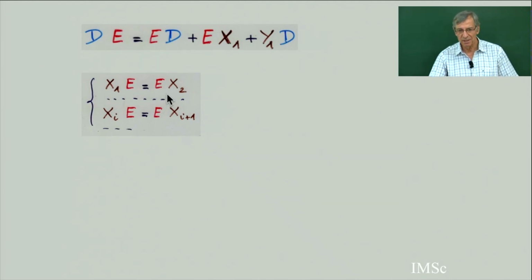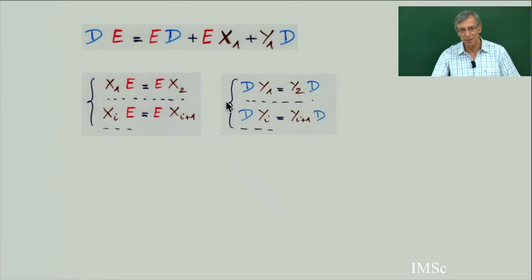So if I want this ex to appear only once, I have to change the index in x2. Then I have to write x2 multiplied by e is going to be e times x3, etc. So I have a demultiplication of all this equation. I have many variables, and then I do the same for the equation dy equal yd. You see, yd appears twice in the right-hand side of the equation. So I make an index, and the index is increasing, y1, y2, etc., dy. So I have an infinite system of equations.